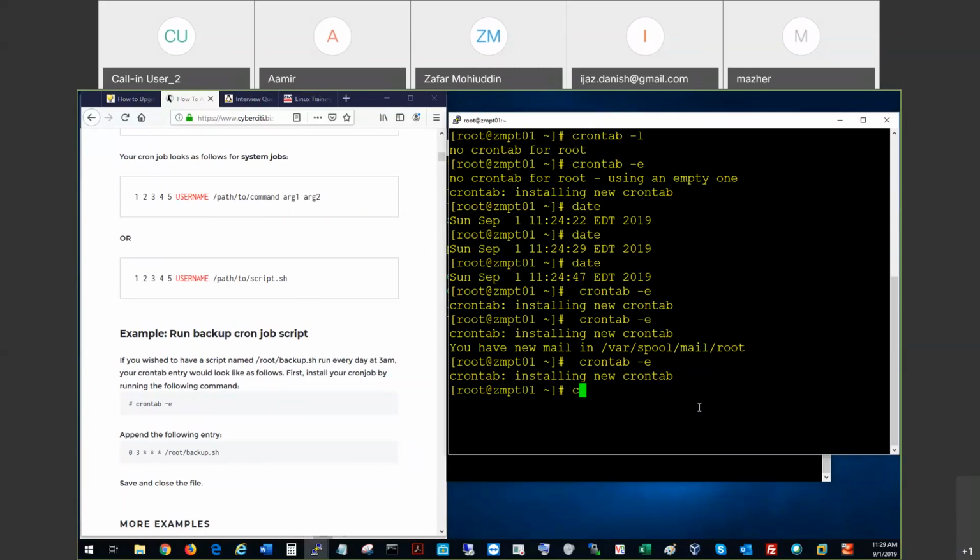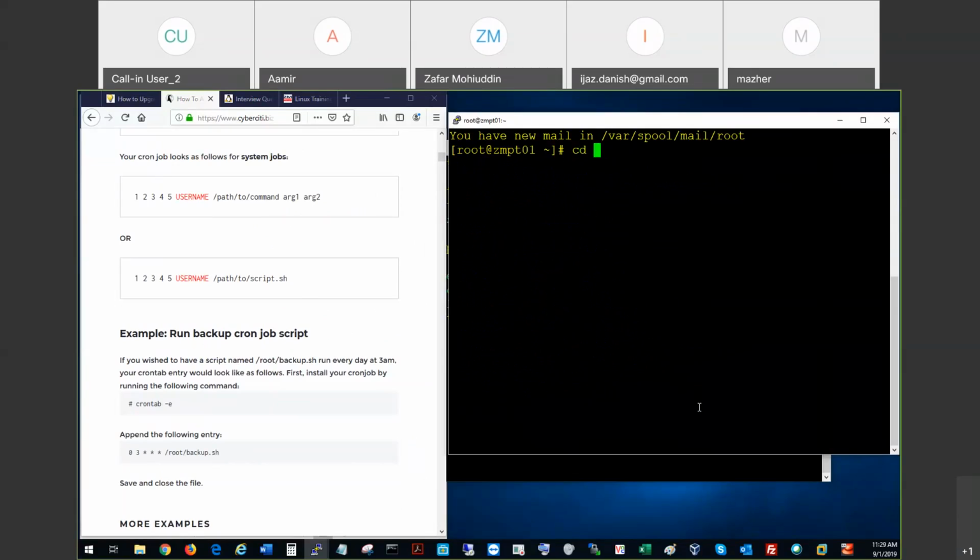Let me try something else here. cd /tmp. Okay, so I'm gonna rm -rf, I'm gonna delete everything in here, right? Okay. So what I'm gonna do is I'm gonna do touch to create files. I have about a few files here. Okay, so what I'm gonna do is schedule something to delete those files from the temp folder here. So let's see, crontab